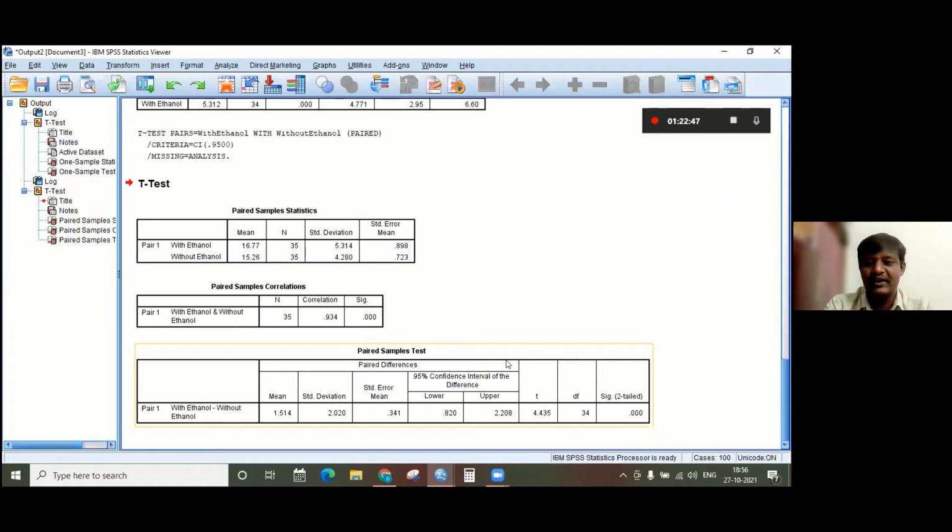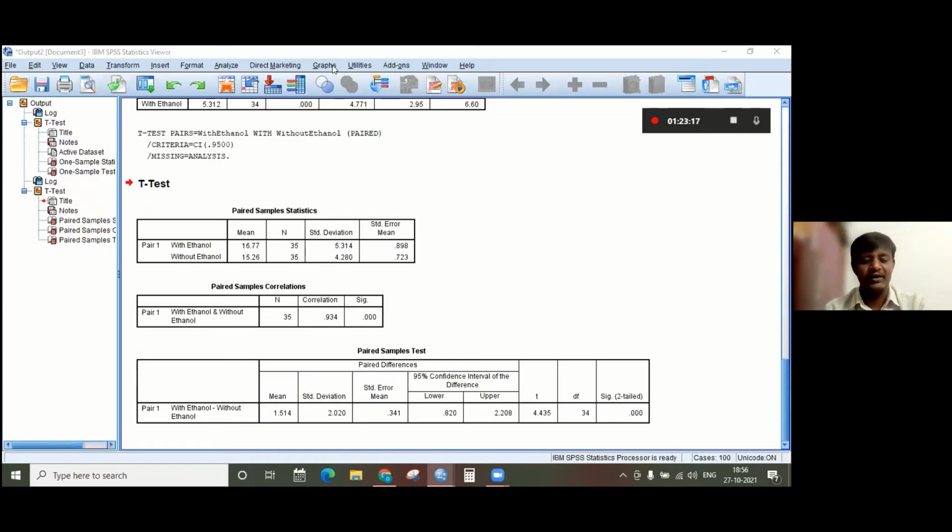What is our null hypothesis? There is no difference between with ethanol and without ethanol. The mean value of samples with ethanol and without ethanol, there is no difference. 0.001 is less than 0.05.